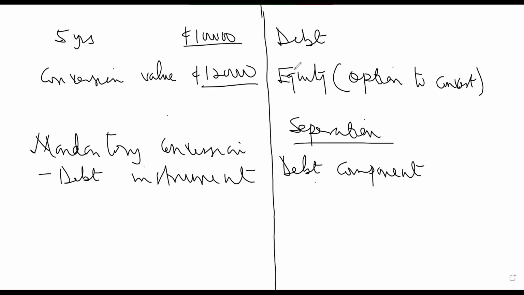The present value. We just find the market value of the debt instrument, like the way we do it under business valuation. So how do we find the market value of the debt component? It is the present value of all the cash flows,